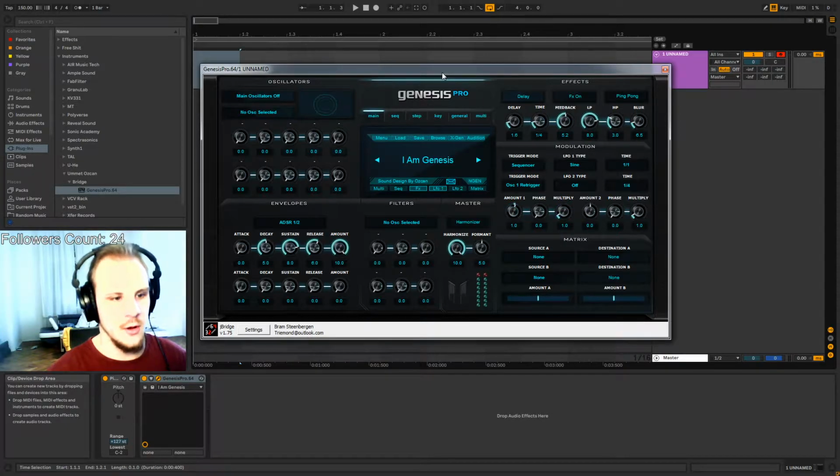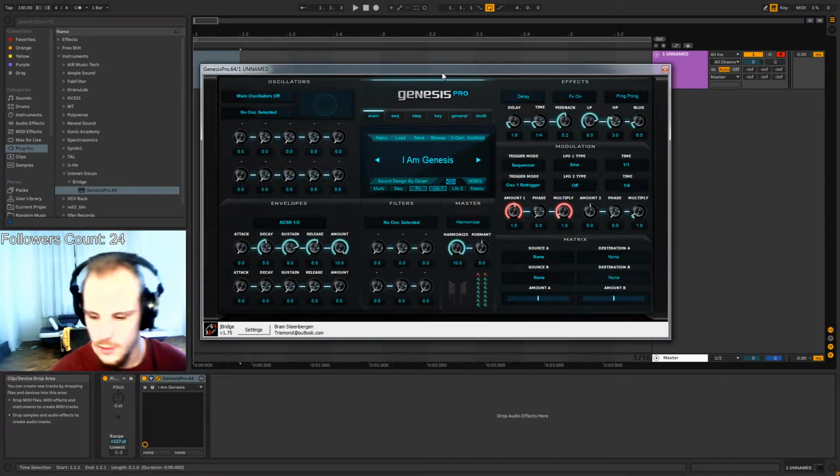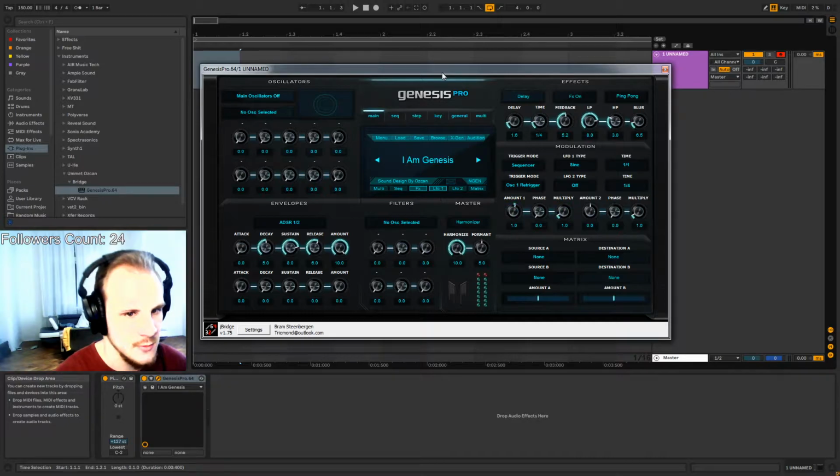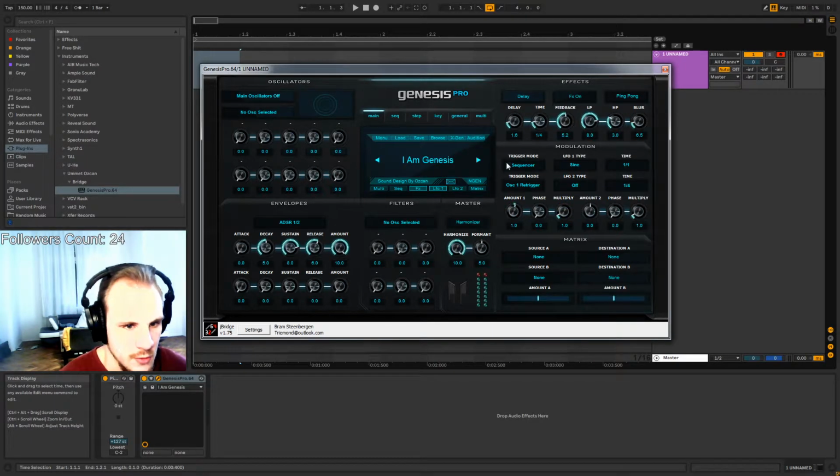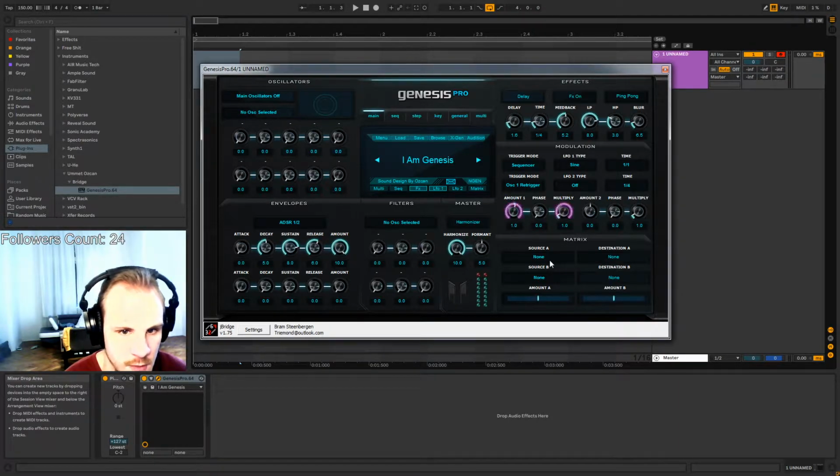And I think overall there are a few very minor tweaks they should do to the workflow to just make it a lot faster. One of which being that there is no real place you can see all the automation. At least I don't know where that would be. We have this matrix over here where you can take any modulation source and just send it somewhere. But there's also other ways you can modulate. For example, you can take LFOs and I believe you can just